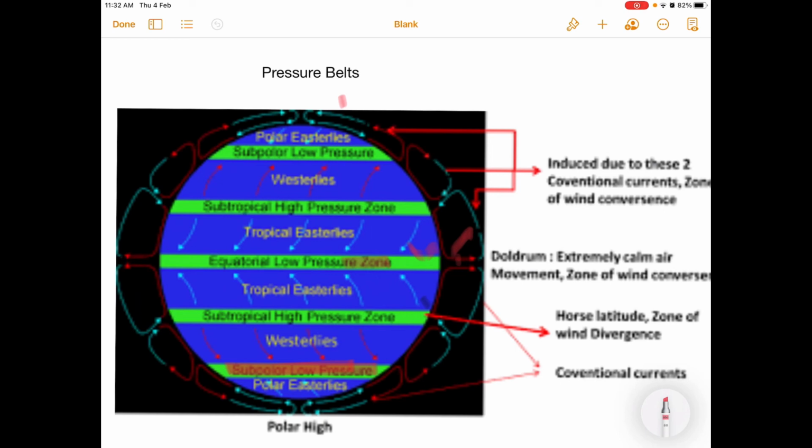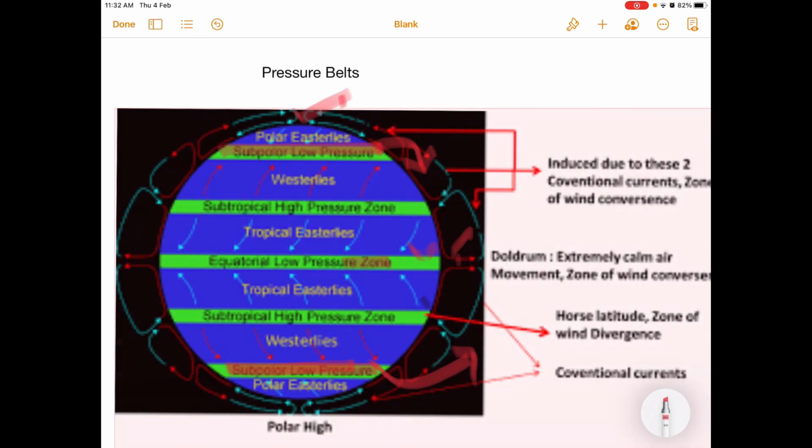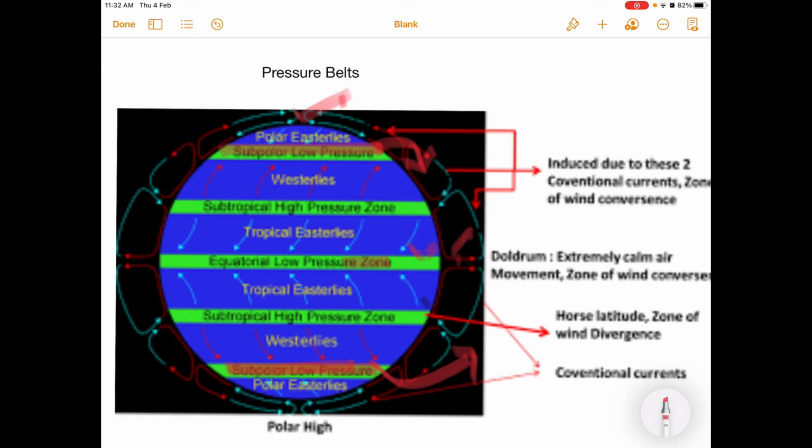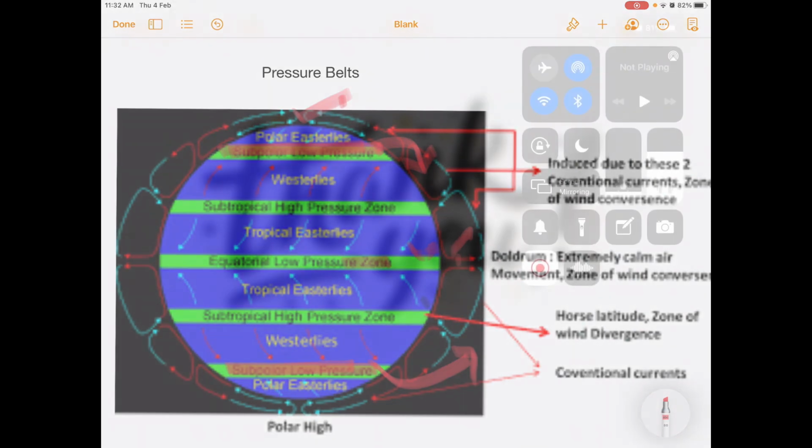What is the other reason behind that? In the subpolar area or the polar areas, because of the rotation of the earth, the Coriolis force is maximum in this area, and because of this the winds move outward. So when winds move outward in both the hemispheres, what happened? A low density of the atmosphere is created, and because of this a low pressure area is created in this area. So that is the reason the subpolar low pressure belt is there even at high latitude.